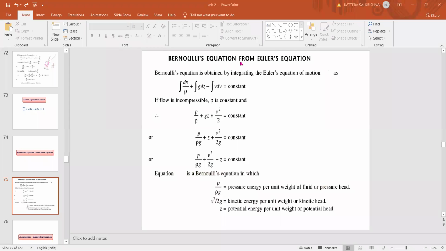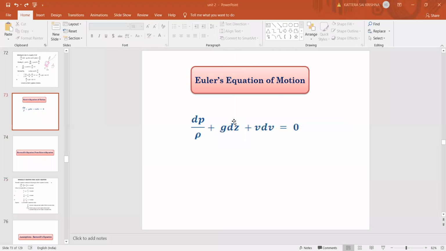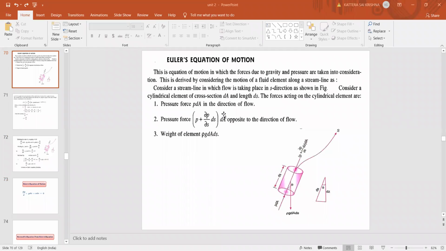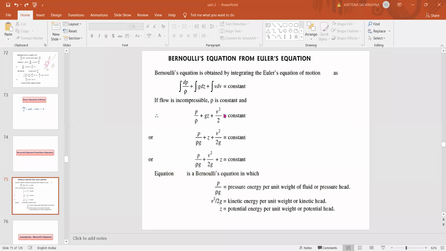Bernoulli's equation is very easy if you have this already. If you don't know this, in the exam he will tell you to derive Bernoulli's equation. So you cannot do it directly from here. Here we have done it directly because we already have this whole thing, so we have taken the integration of this. In the exam, if he asks for Bernoulli's equation, first we need to derive Euler's equation. Then by integrating the Euler equation, you get the final equation of Bernoulli's.